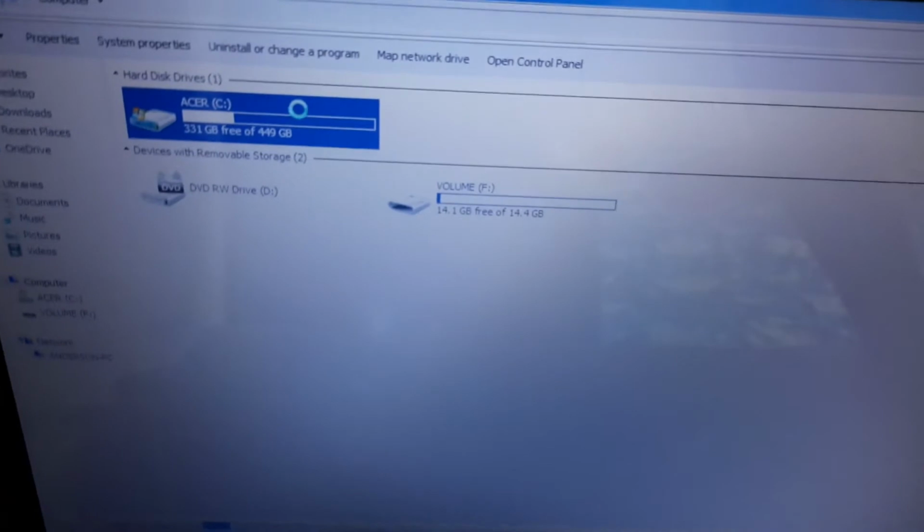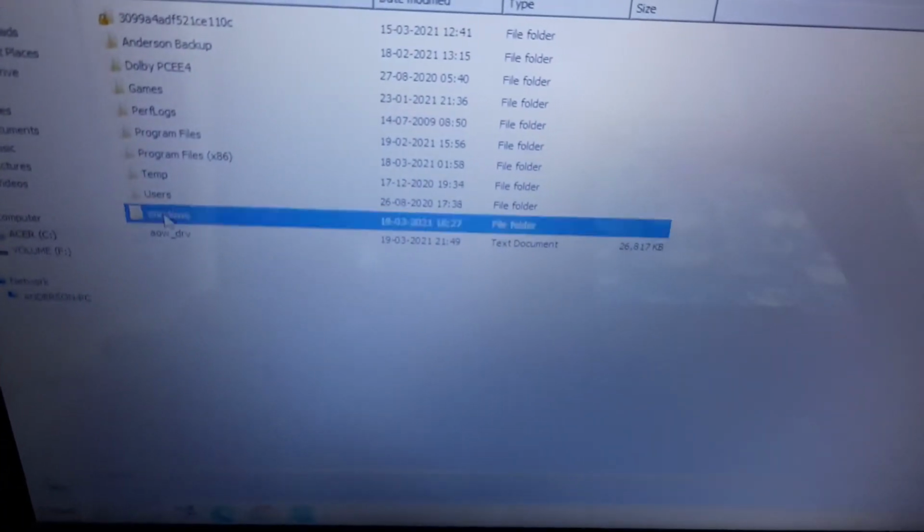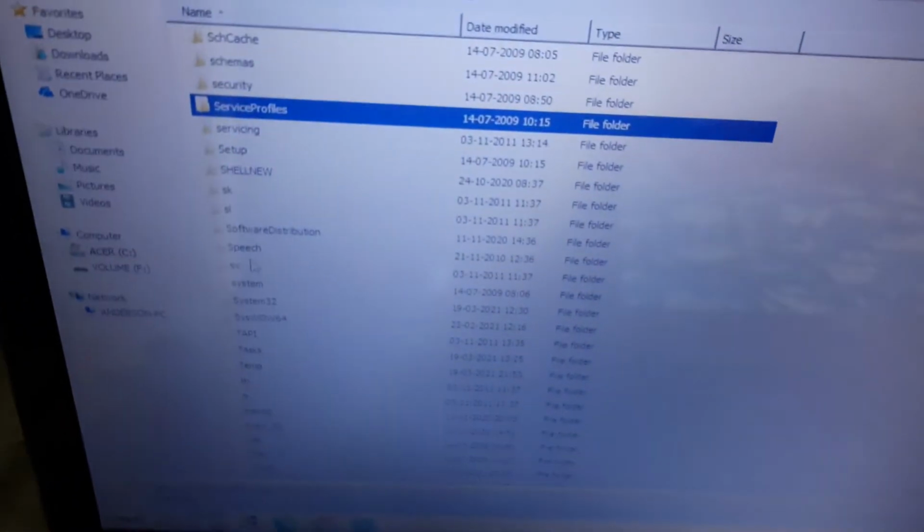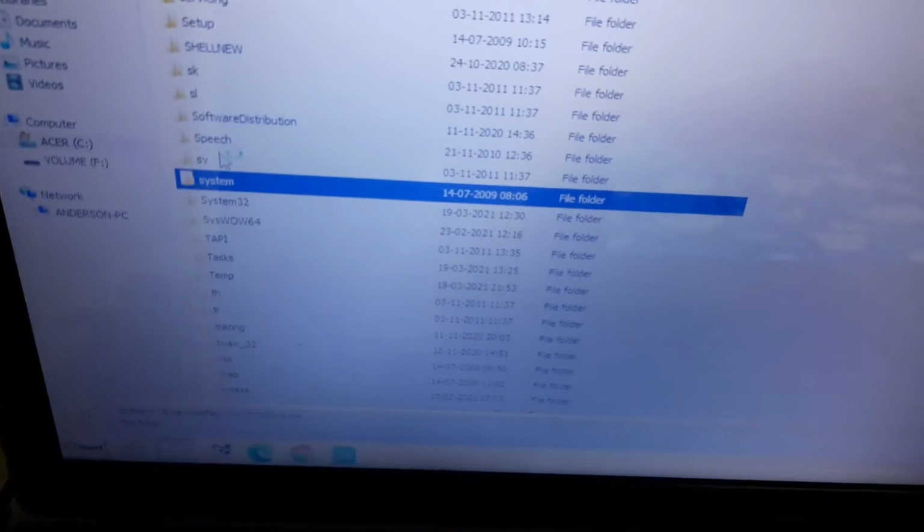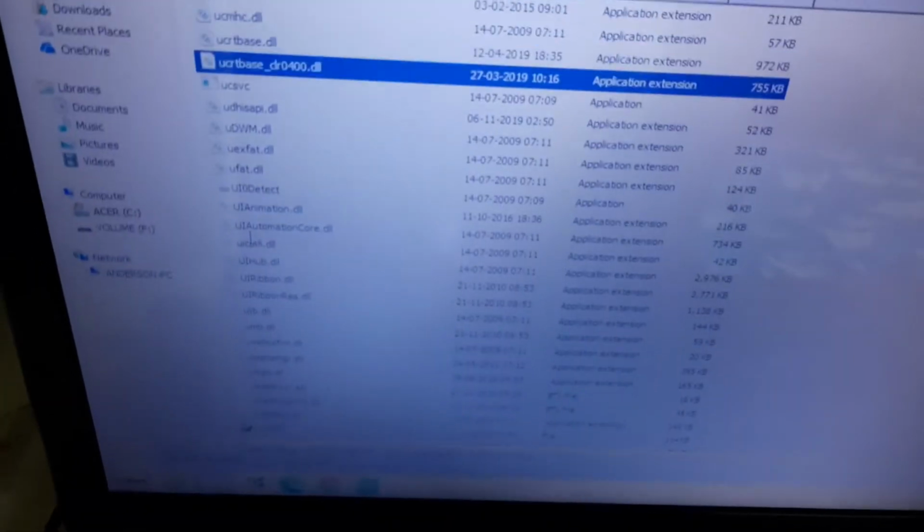You can see right here, C drive, Windows and system32. And we're just going to go ahead and paste the file over here into a location.